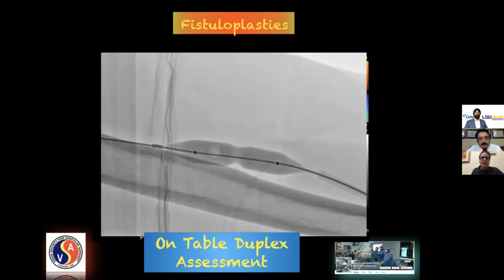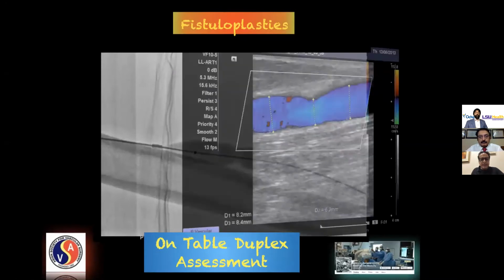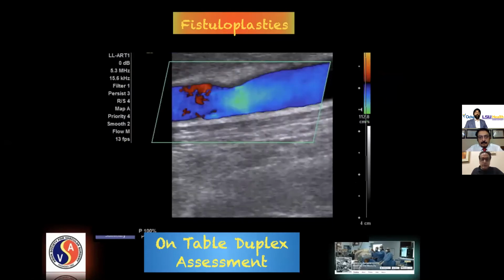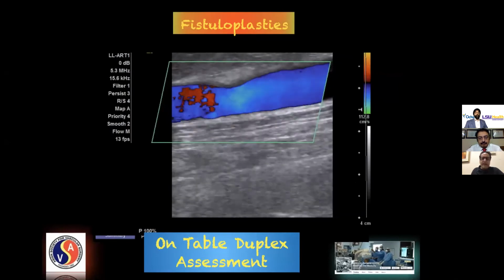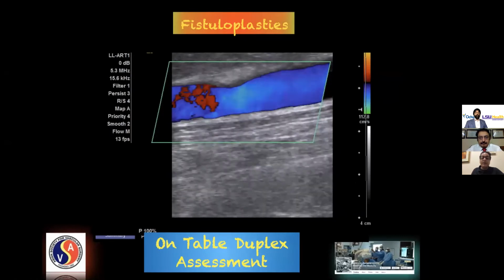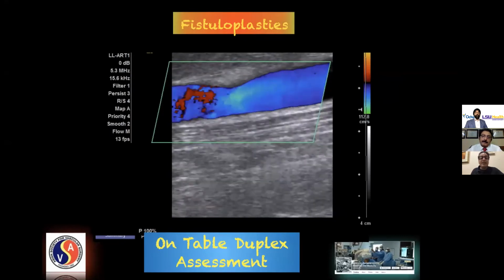This is a Conquest balloon. Sometimes you have to go to 20, 22, 24 atmospheres of pressure to break these tight bands, and once you break them, you get a good result. You can see on table that these fistulas do very well. There are some colleagues of mine who even advocate that we should cause intentional rupture of these veins with high pressure balloons to cause remodeling. And we do see inadvertent ruptures sometimes, but if you keep your balloons inflated in these areas when there are ruptures, they automatically heal.